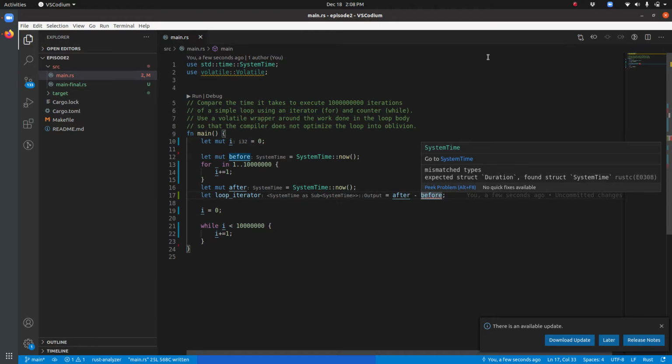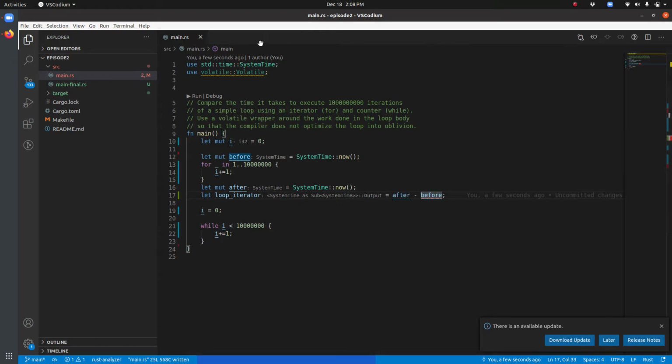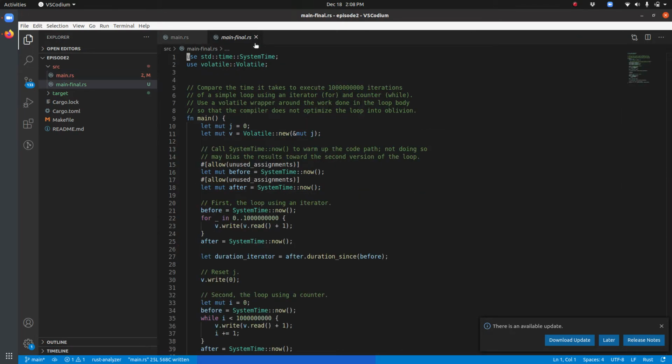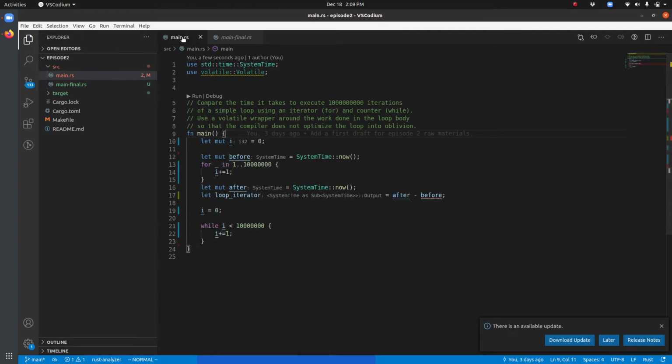All right. So let's see. Can we not do that? Well, apparently we can't. So I've got all this saved in a backup here. Let's do this. And let's see. Yes, this is what we want right here. We want duration since. This is a method on system time, and we're able to use that. So let's see. Duration since